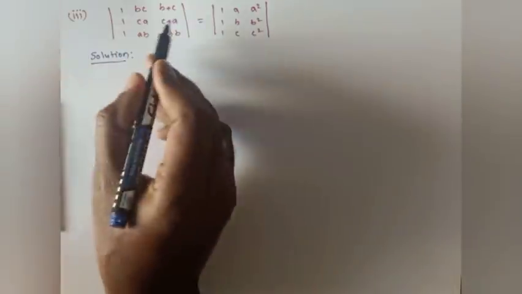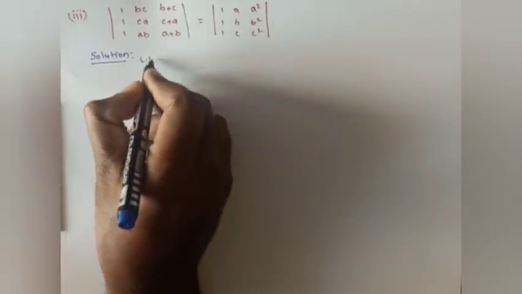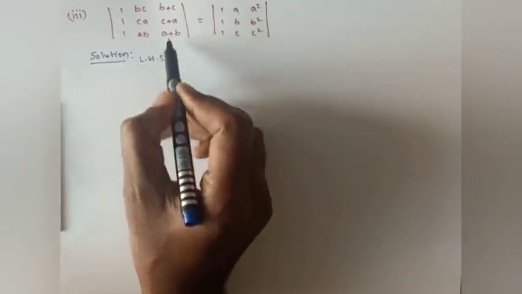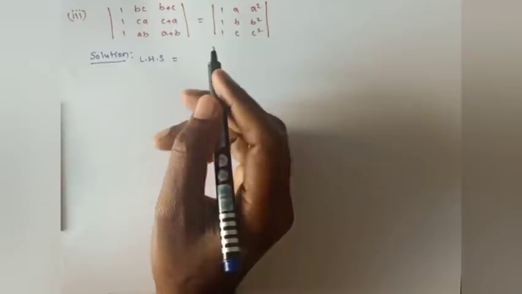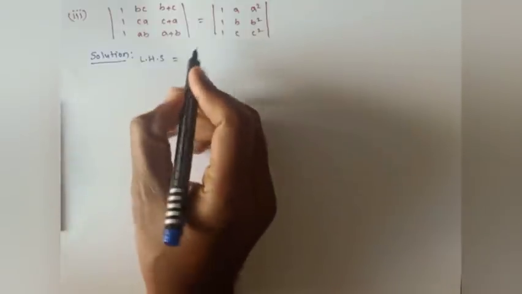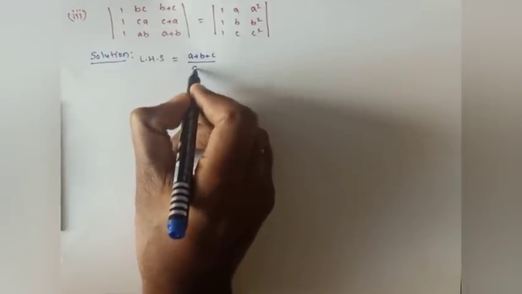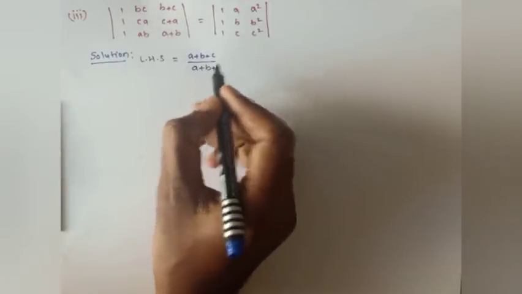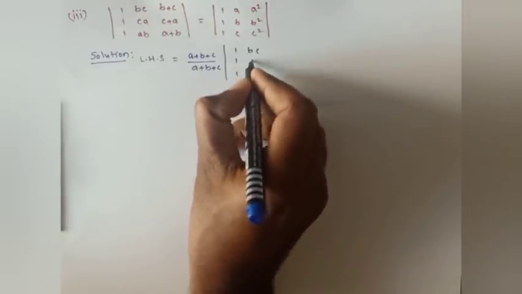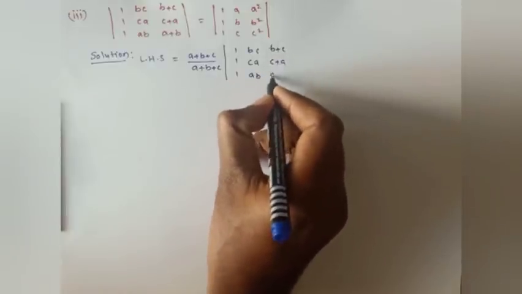Now without expanding the determinant, you need to show this part is equal to this one. Consider the left hand side of the given problem. This is something different, since the third column contains the sum of 2 terms. There is no need to expand this as a sum of 2 other determinants. So here multiply and divide with the term a plus b plus c. First multiply and divide by a plus b plus c for the given left hand side, that is 1, 1, 1, bc, ca, ab, and b plus c, c plus a, a plus b.